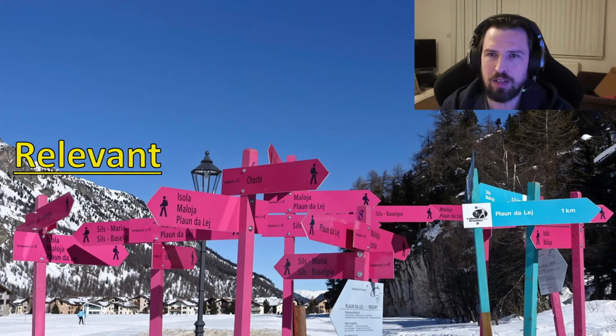The big one with relevance is being able to identify what is relevant to what you're trying to achieve. And sometimes it's, okay, do I need to do that? Other times it's distractions. Is what you're doing a distraction? Are you just looking down that because you want to look at that? Or is that actually something you need to do? Are you doing that because you need to do that? Or is that a distraction for you? It's simple things that make a big difference.